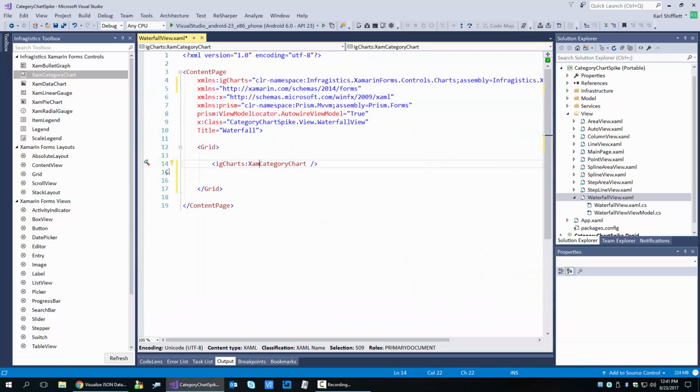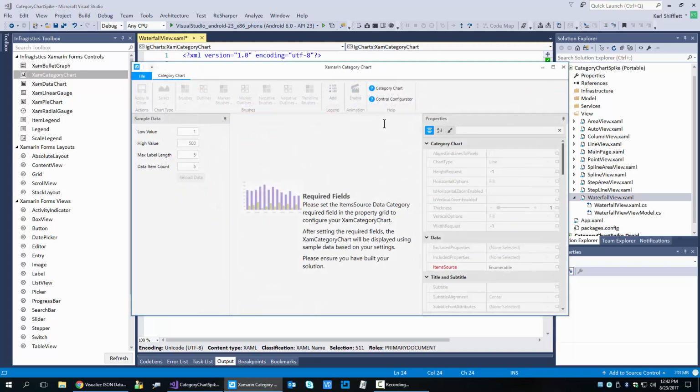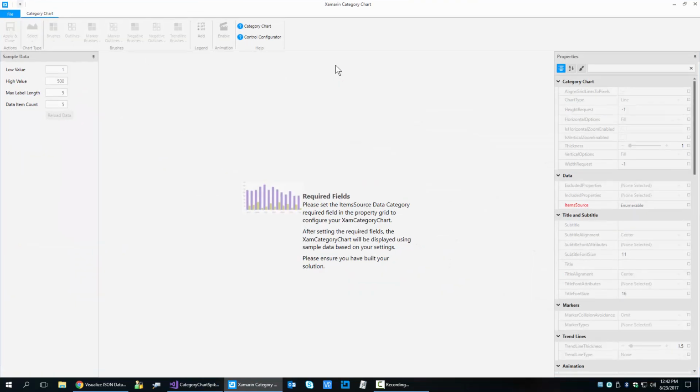So when you click on the tag, you get the light bulb, which is your quick actions, and it lists all the quick actions you can do. So you can click on this, or Control-Dot brings up your quick actions list, and then you can select the one you want, and then you can just press enter, and it comes right up. All right, so our XAML category chart